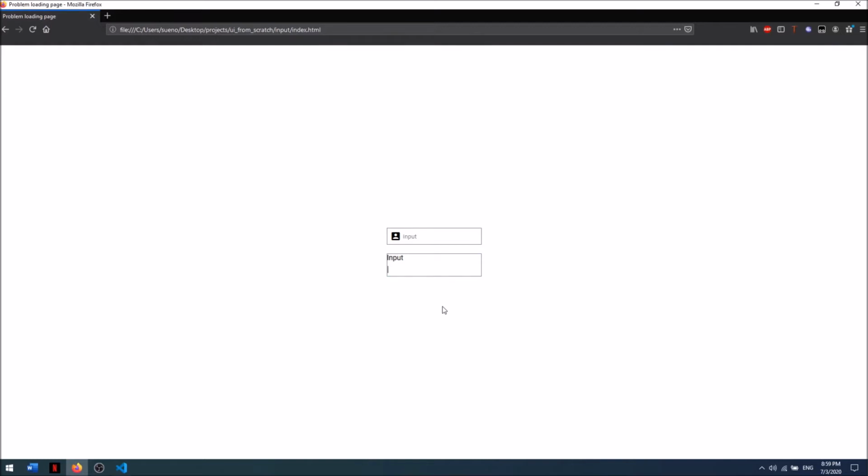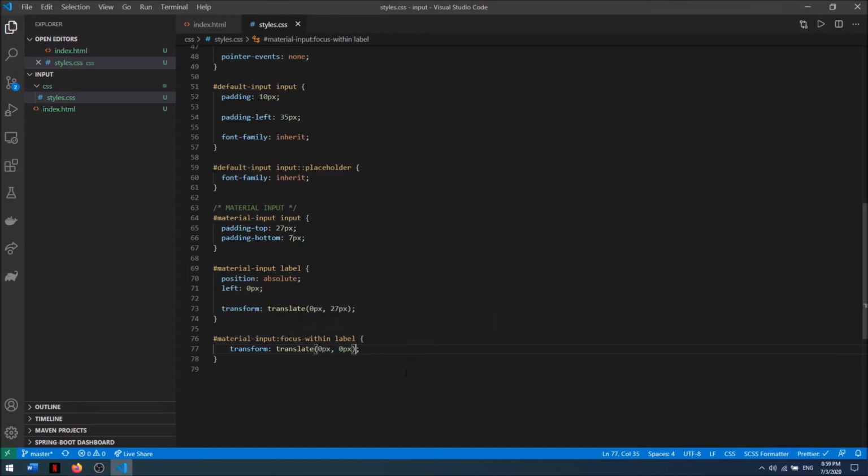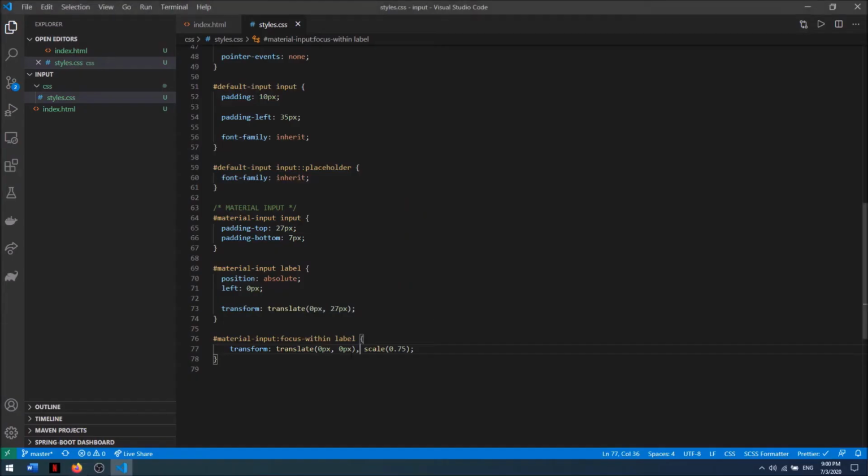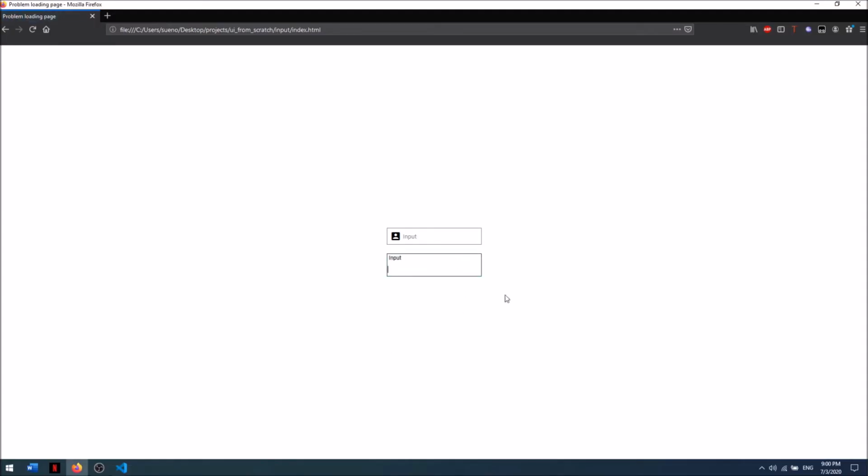It looks really cool. What I want to do now is make the label smaller. So I'm going to add a comma, and I'm going to say scale, and then 0.75. So if we click on it, it isn't working, and the reason is because we added a comma, and we don't need a comma for multiple transforms. So if I remove this and refresh the page, we'll see that our label is decreasing in size